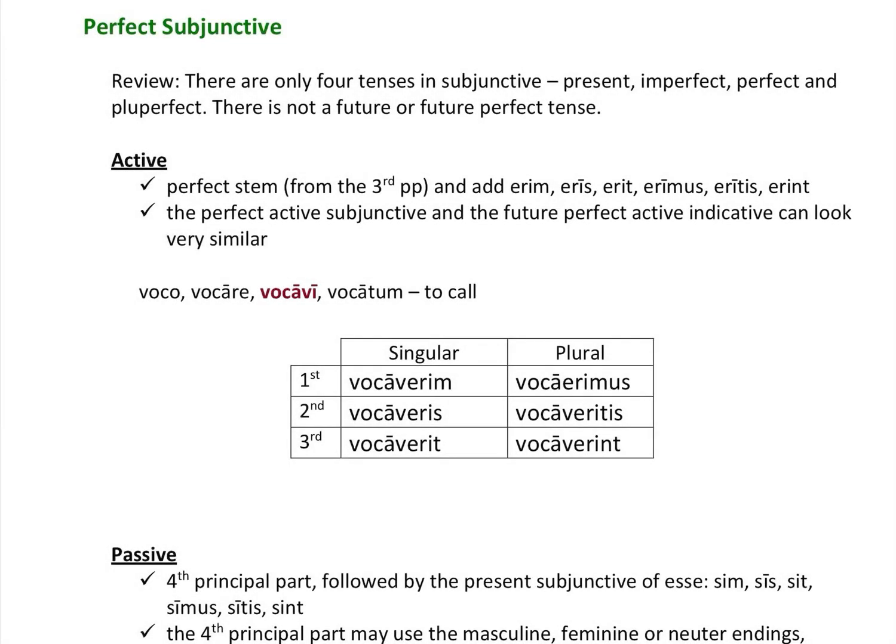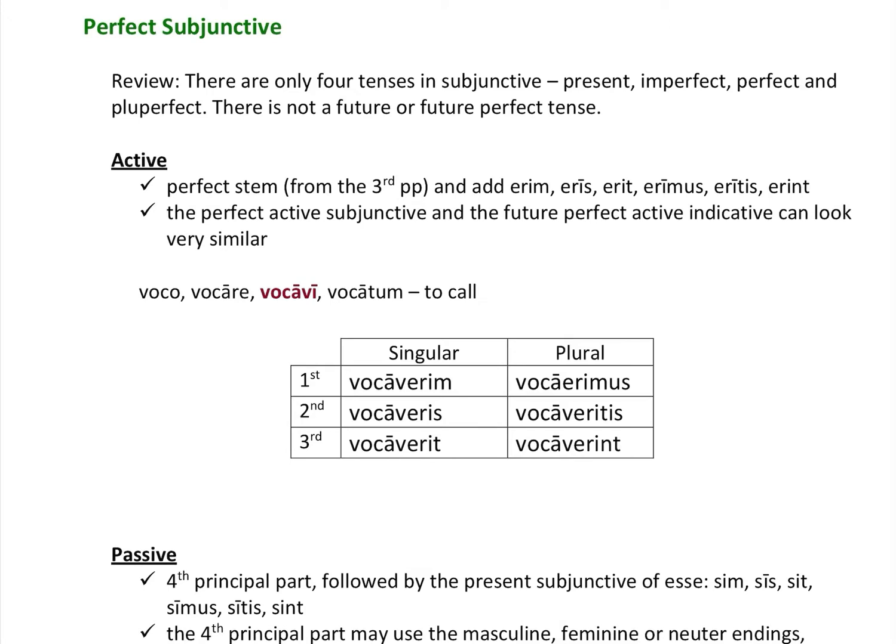Today we're going to finish looking at the subjunctive. Now there are only 4 tenses in the subjunctive: the present, the imperfect, perfect, and pluperfect. There is not a future or a future perfect tense. You've already learned how to form the present and the imperfect, so we'll finish that up today with the perfect